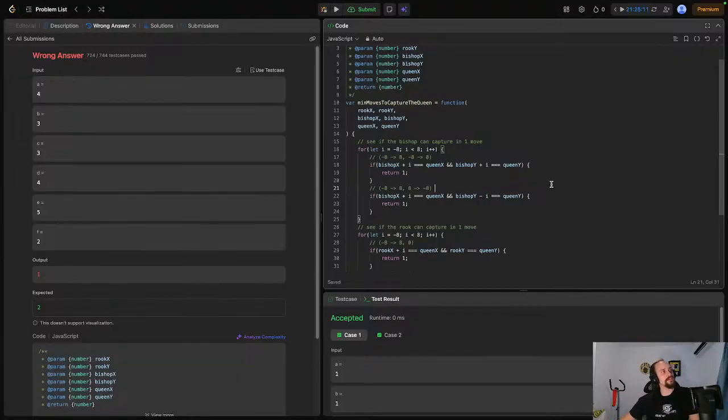Alright, there's an edge case. The edge case here is the rook is blocking the bishop. And similarly, the bishop is blocking the rook. So the rule that we missed is pieces can't jump over other pieces. Oops. Okay, in that case,